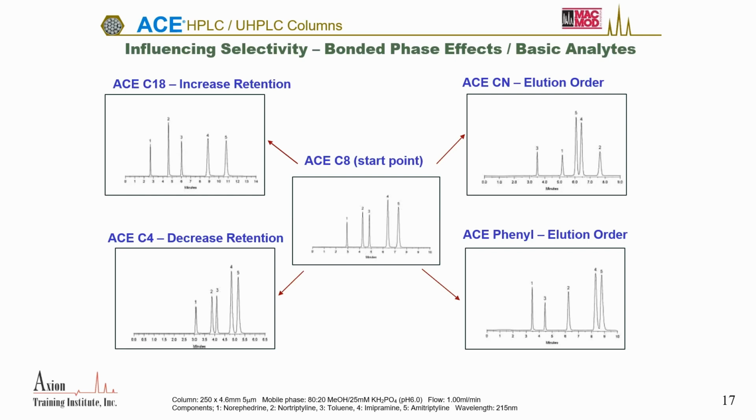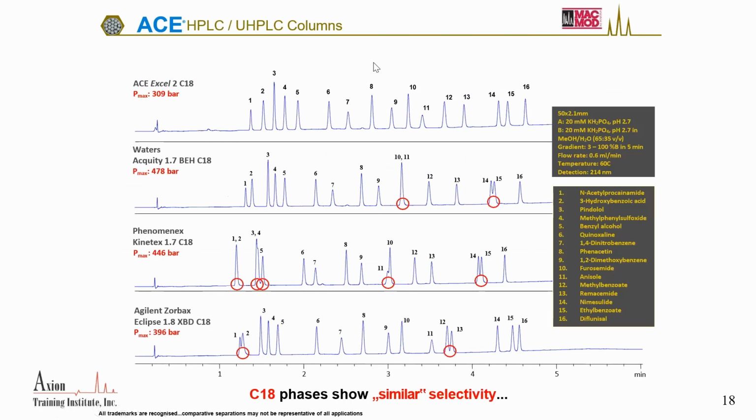Now, if we go over to the other side and we start looking at a cyano or a phenyl column, we are now adding a different chemistry, and look at the order. Instead of 1, 2, 3, 4, 5, they're coming off in different order. Anytime you see a change in order, that means you have changed the selectivity. So I feel my job is to teach you how to change selectivity. I can't really teach you how to make it better, but I can teach you how to change it. And that's really what you need to know. So let's go on and talk about